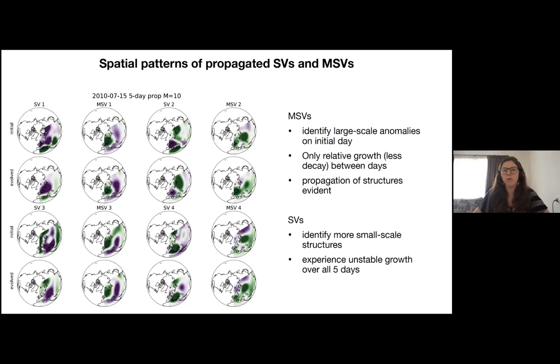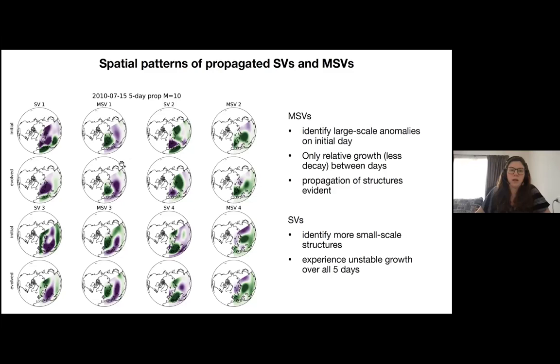And then I guess most interesting were the spatial patterns of the propagated SVs and MSVs. Here we're showing clusters of plots, each row showing the behavior. So you have your initial SV and then your evolved behavior after 5 days of propagation. Here you have your initial MSV and the